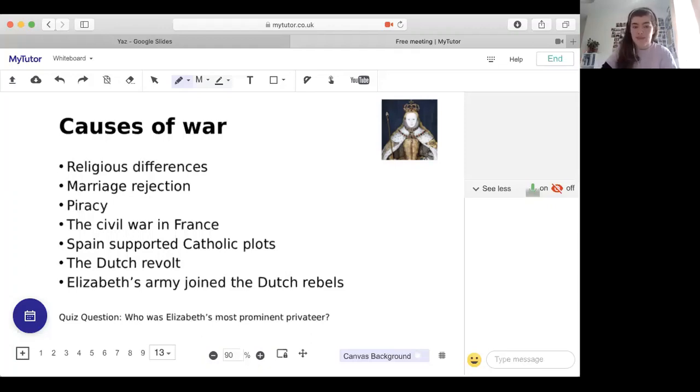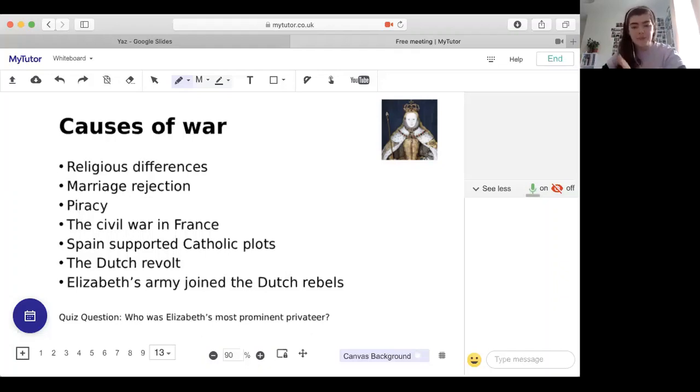The Civil War in France. France was the traditional enemy of both England and Spain, meaning that they united together against the country. So England and Spain would unite against France. But now that France was in a civil war, it was preoccupied with its own issues and no longer posed a threat. So the alliance between Spain and England was no longer necessary. They broke apart, and then all of these tensions began to bubble up to the surface.